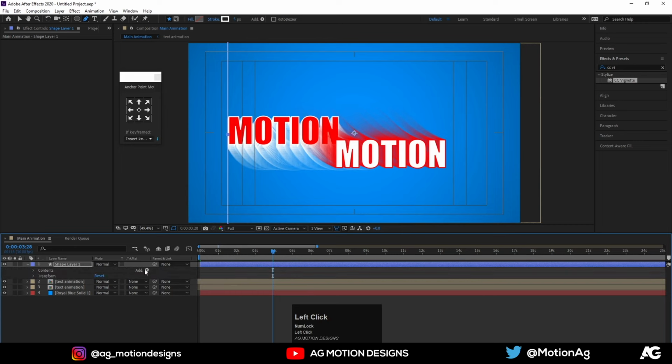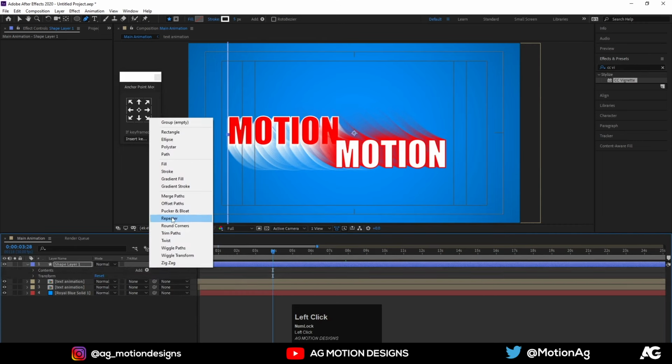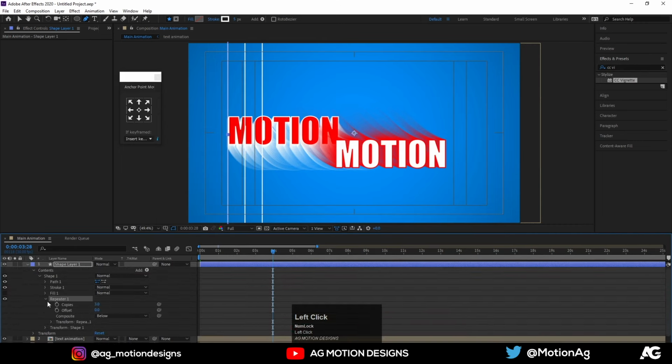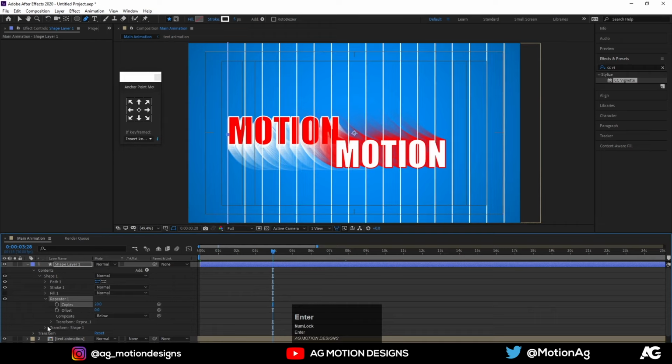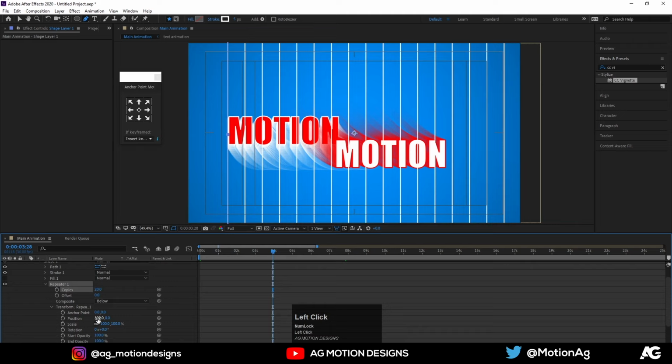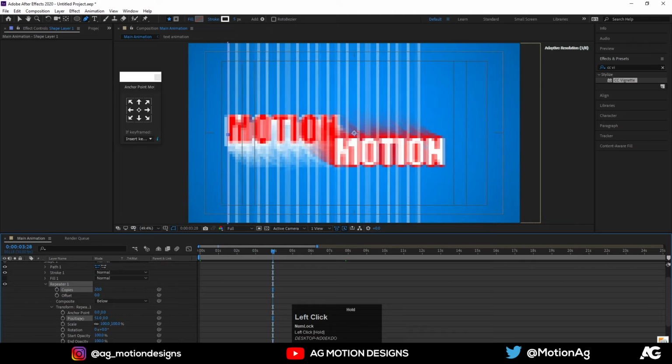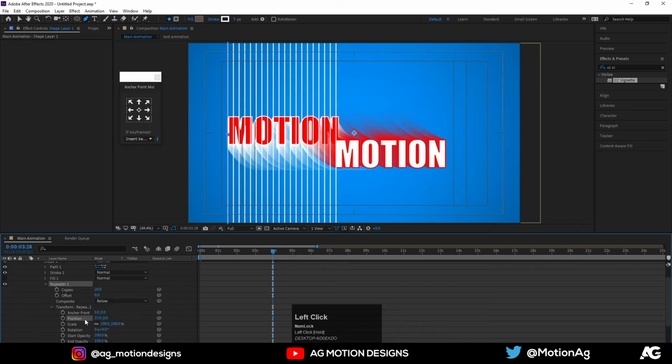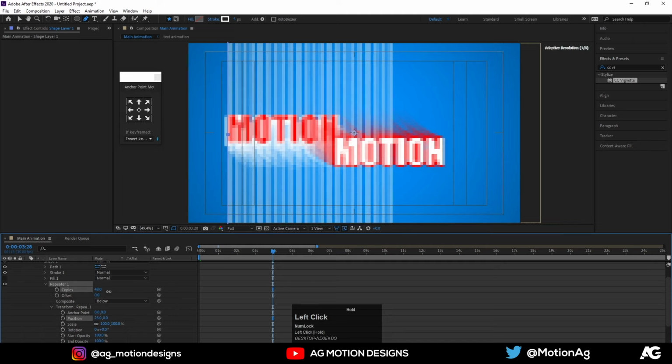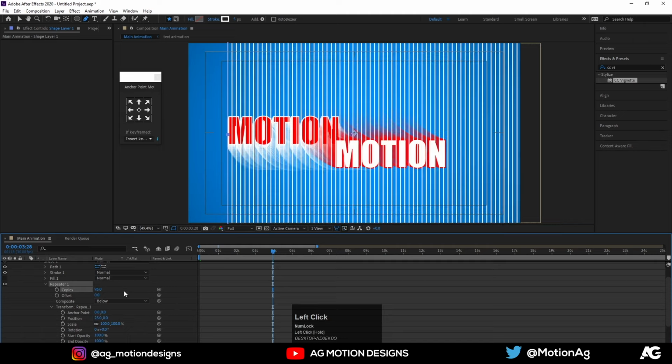And now go to this add menu and add repeater on it. Let's set copies to 20 and I'll decrease the positions. Let's make it 25 and increase the copies.